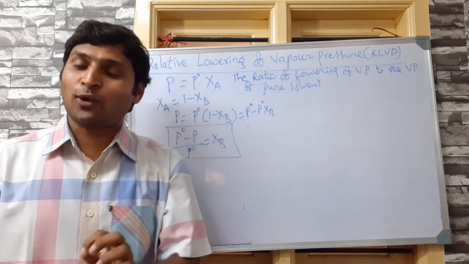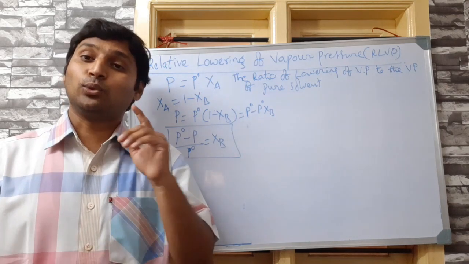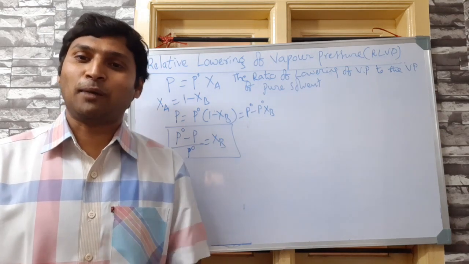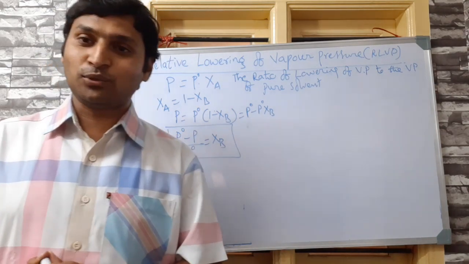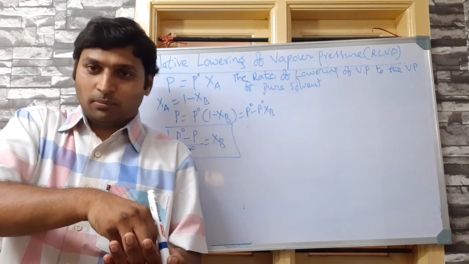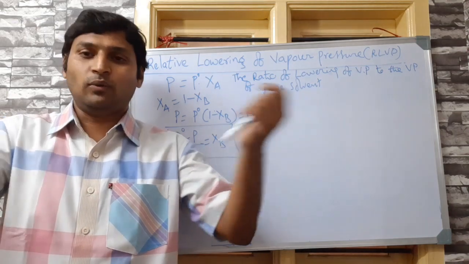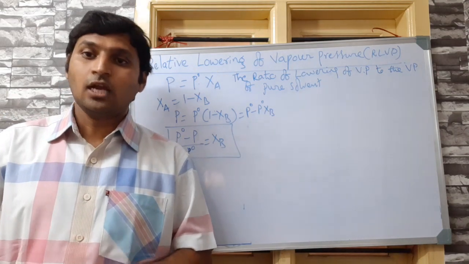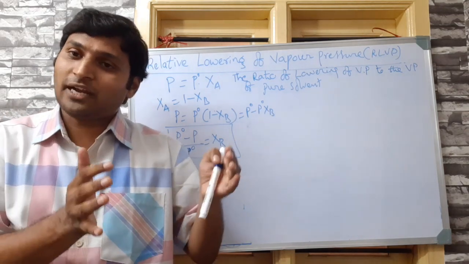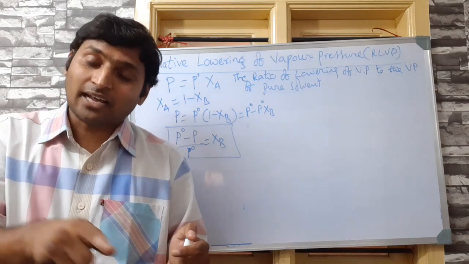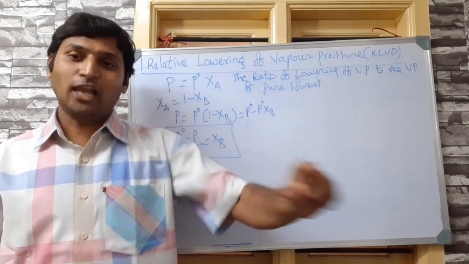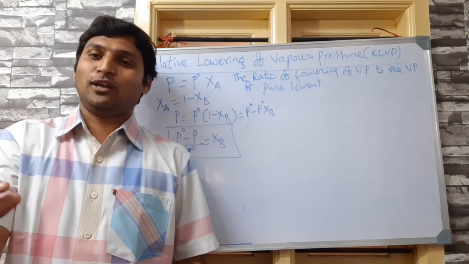Similarly, for non-volatile solid solutes, to determine molecular mass, they employ the colligative properties method. What do they do? They dissolve the unknown solute into a suitable liquid in which it is soluble. How it will be soluble we have already understood: like dissolves like. So they select a suitable solvent, dissolve this non-volatile solid solute into it, and prepare a dilute solution. Then they determine any one of these 4 colligative properties for the dilute solution. From the value of the colligative property, they find out the molecular mass.